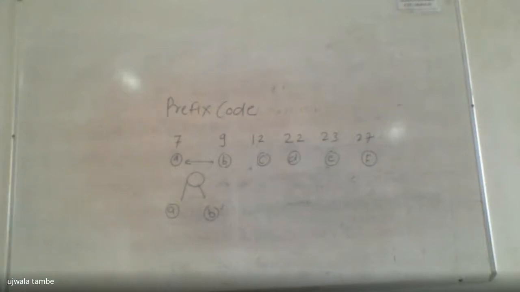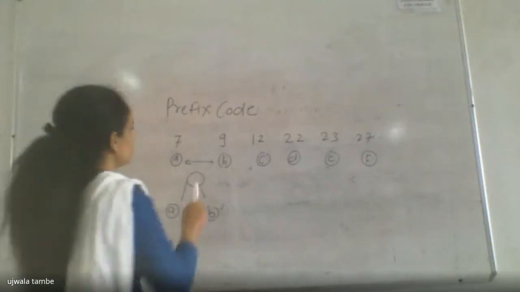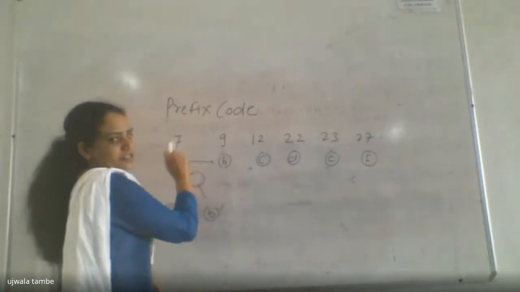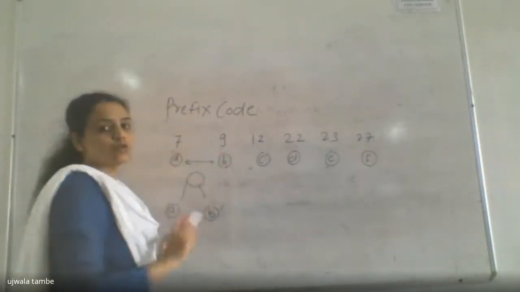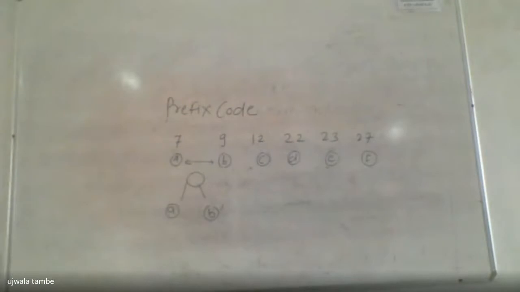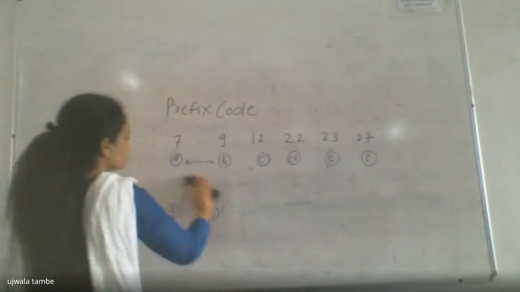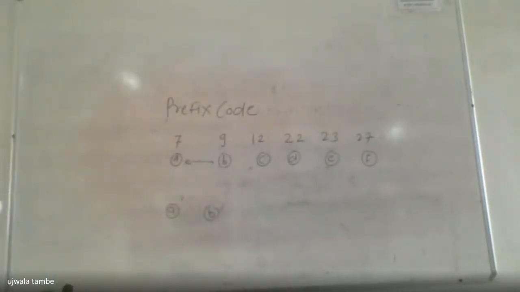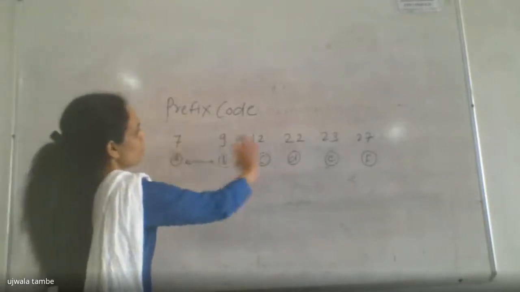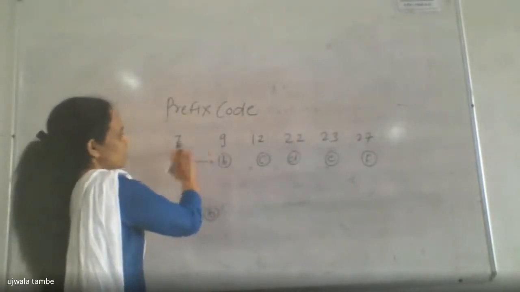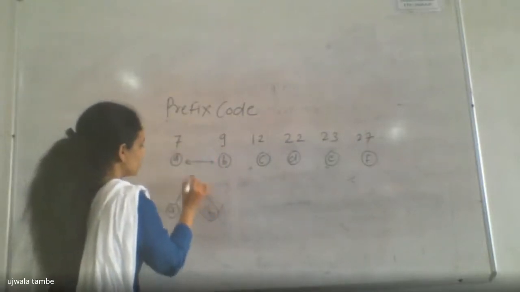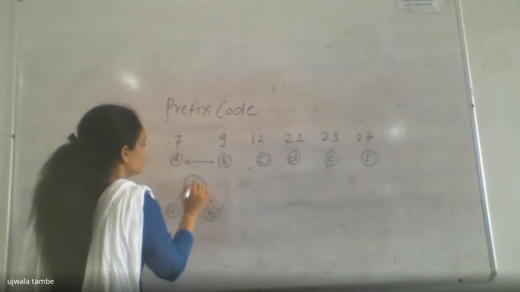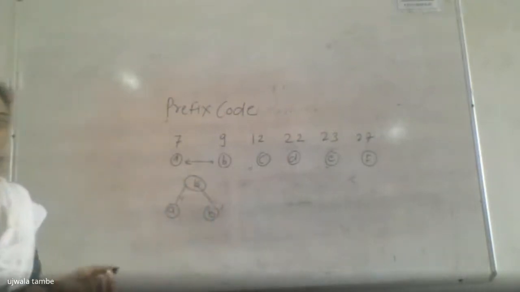We have to select randomly based on the two smallest nodes. Any two smallest nodes from the given sequence. Okay, Purvi. As we consider here, among all these nodes, 7 and 9 are the smallest ones. That's why I am going to pick 7 plus 9, so it gives me an addition of 16.